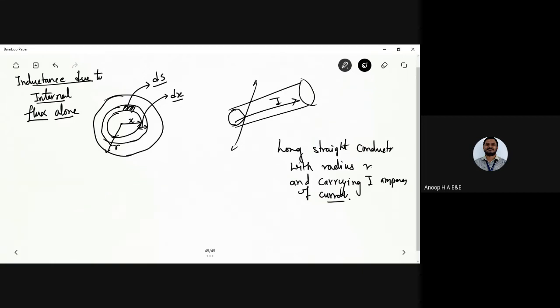I'm talking about the inductance here, so my relation would be with respect to the magnetic field. Once I talk about this magnetic field, it will be established due to the current. We know this from the simple working principle of a transformer. So you will understand the magnetic field which is established due to the current flowing in the conductor.